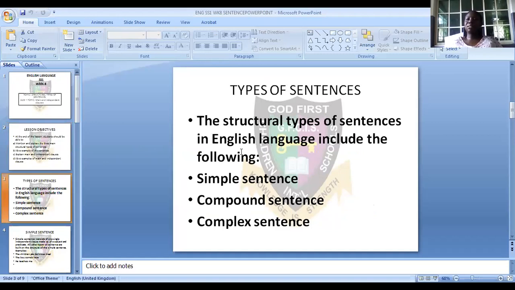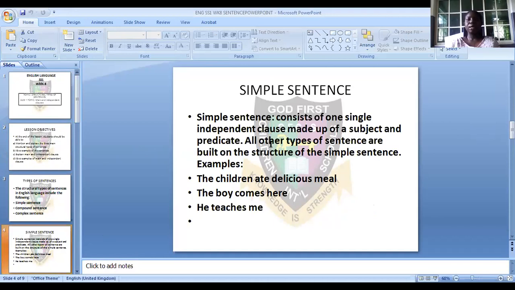Let's move into the topic in detail. The structural types of sentences in English language are 3 in number: the simple sentence, the compound sentence, and the complex sentence. Let's start with the first one, the simple sentence. A simple sentence consists of one single independent clause